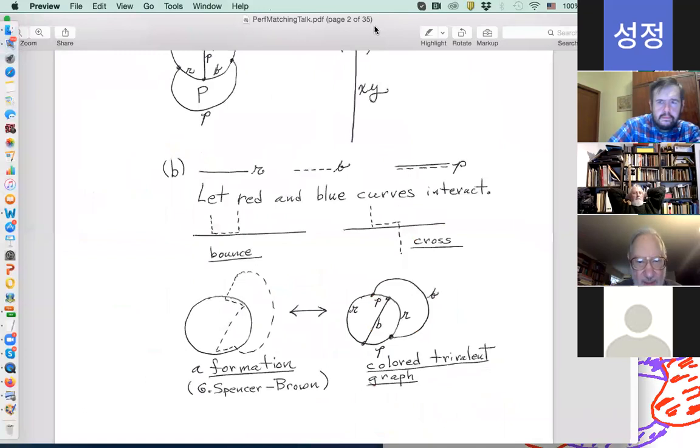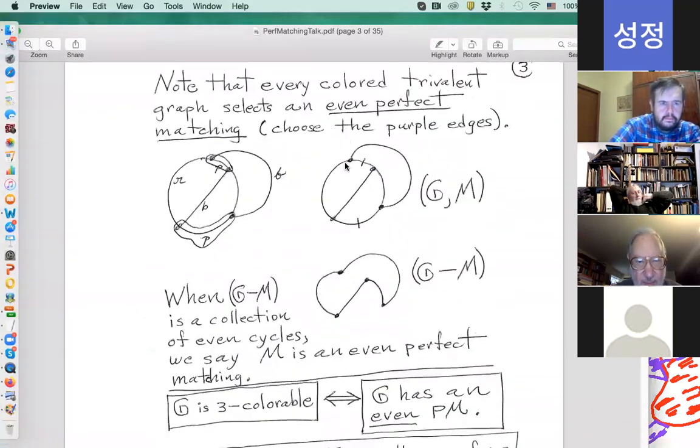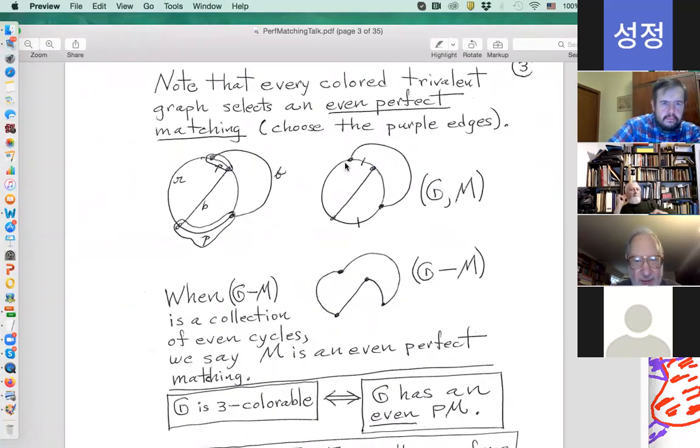So now let's go back to where we were. And I want to say a couple more things about the structure of the colorings, the trivalent colorings. Note that every colored trivalent graph selects an even perfect matching. And one way of seeing this, and seeing what I mean by perfect matching, is to concentrate on the purples and take them as a set of edges. And then you see that you have grabbed all of the vertices in the graph because every vertex contains a